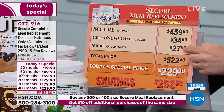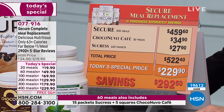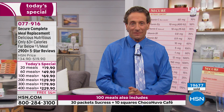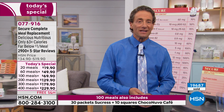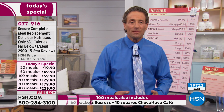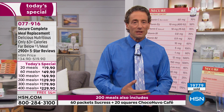So, well, yeah, there you have it. So if you just look at $229, if you take out the 35 and the 28, that's $63 from $229. That would be $163 for 400 meals. What does that end up being? About 40 cents a meal. Sure. It's about 40 cents a meal. But even at 60 cents a meal, I mean, when I introduced this product, it was multiple times more expensive than that. So to think that you're getting the lowest calorie and truly the best tasting meal replacement,